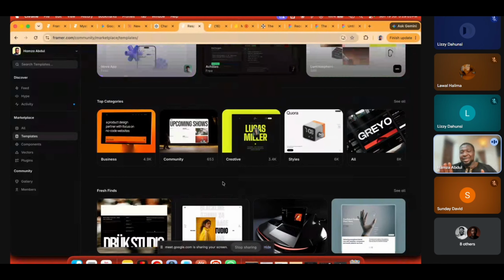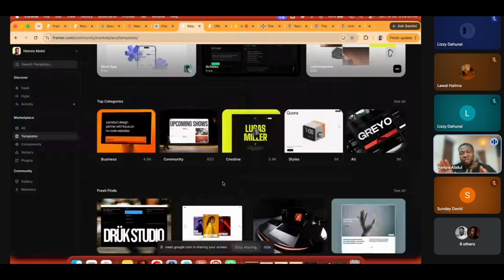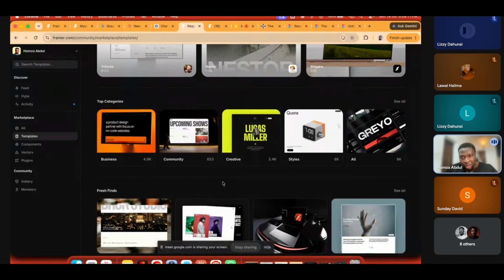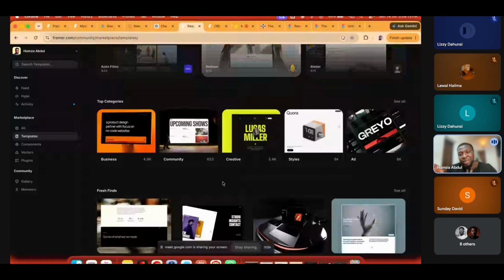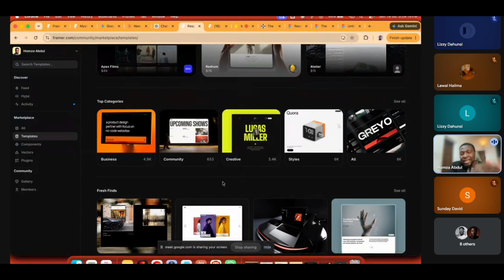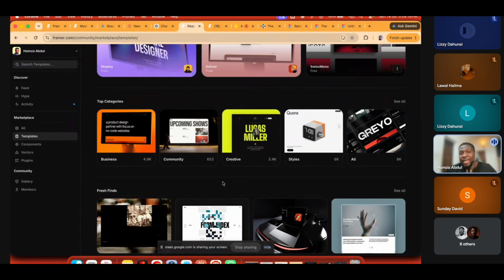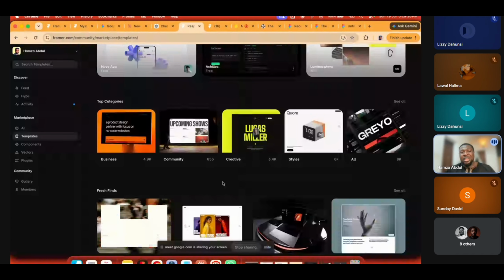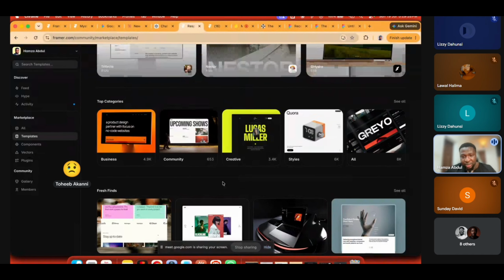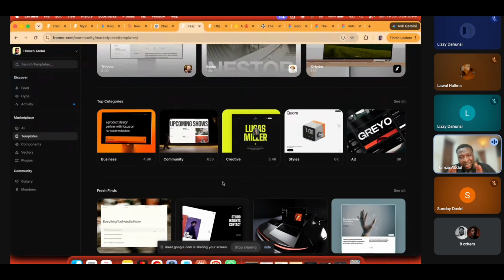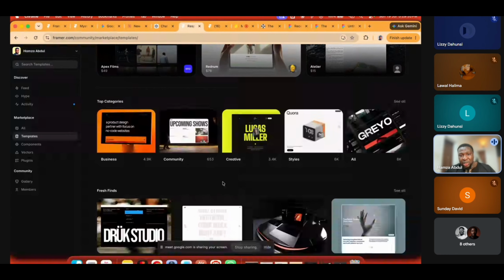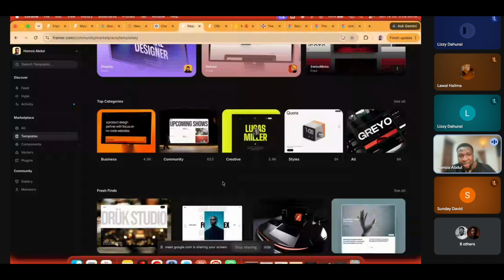But now, with the advent of this AI, which has made you lucky, the unlucky part is that if you create a template now, people can literally go inside your templates, take screenshots of it, and send it to the AI and tell it to rebuild it for them, thereby bypassing buying the templates. So this has really affected the template marketplace. Right now, the only templates that are going to sell are, we are not even talking about good templates here, you have to be like the creme de la creme, right?